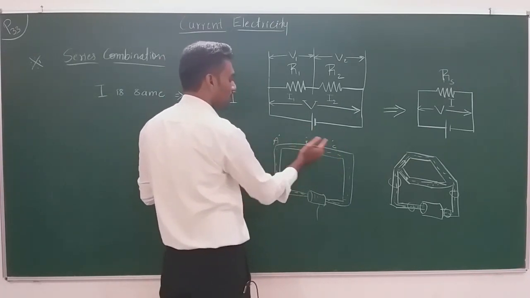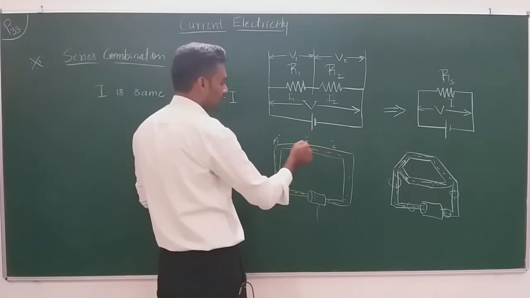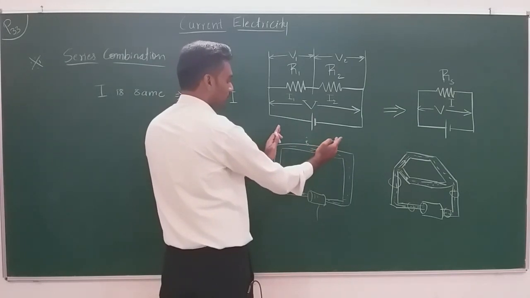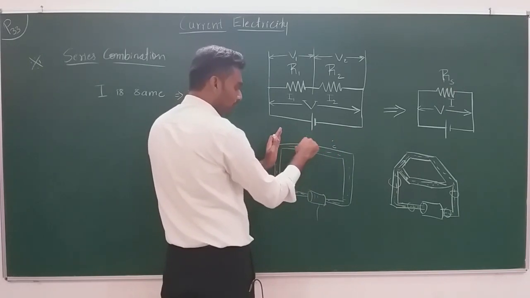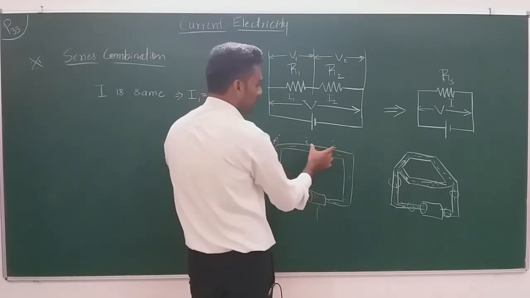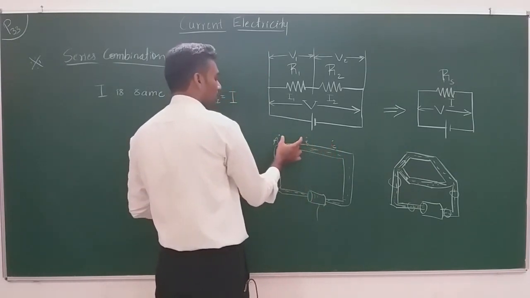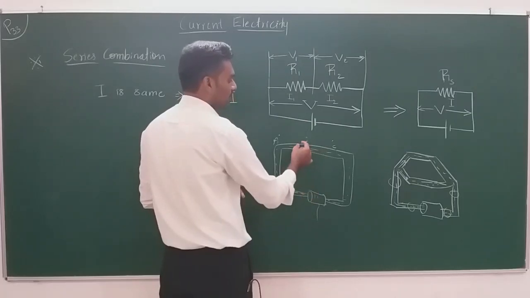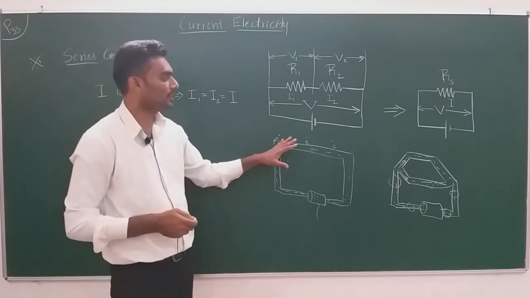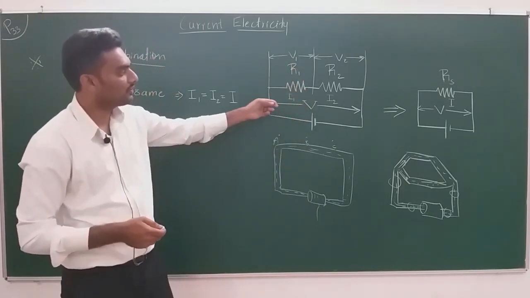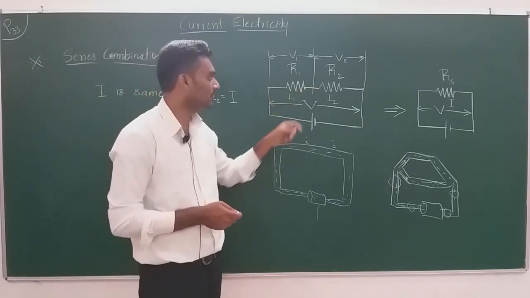And hence we got to know that VA minus VC, the potential difference between A and C, is equal to VA minus VB plus VB minus VC. So the potential difference between A and C is equal to the potential difference between A and B plus the potential difference between B and C. You should refer to the second chapter's discussion, you will get to know. So the potential difference, the voltage, splits when we have electrical devices connected in series.